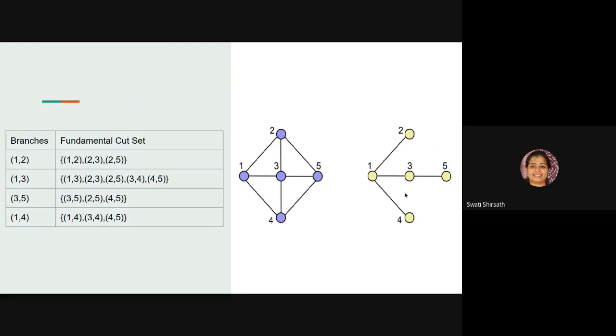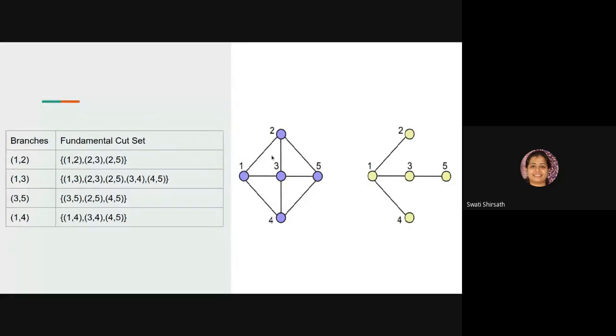Now, if you look at this graph, I will always suggest you to refer to the graph, because it is a little difficult to visualize in the spanning tree, but if you are comfortable you can always use the spanning tree also. So look at this 1 2. If I remove this 1 2 edge from here, is my graph becoming disconnected? No, still these many edges are there. So I have to make it disconnected so that this graph gets divided into two groups of nodes.